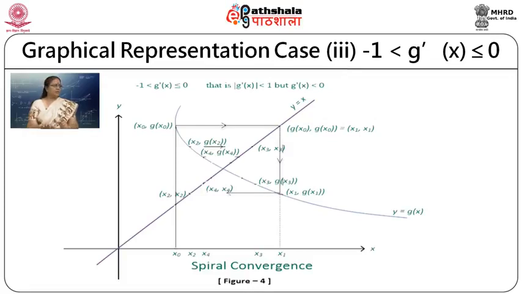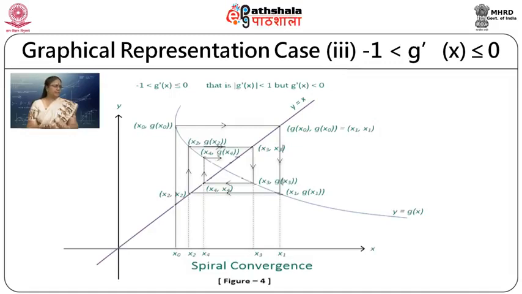Again we move vertical to the curve, horizontal to the straight line, and the x point gives us the next approximation. Again vertical to the curve, horizontal to the straight line, and that x point gives us the next approximation. So, here you will find that when we proceed this way, we are again approaching the point of intersection of the line y equal to x and y equal to g x,